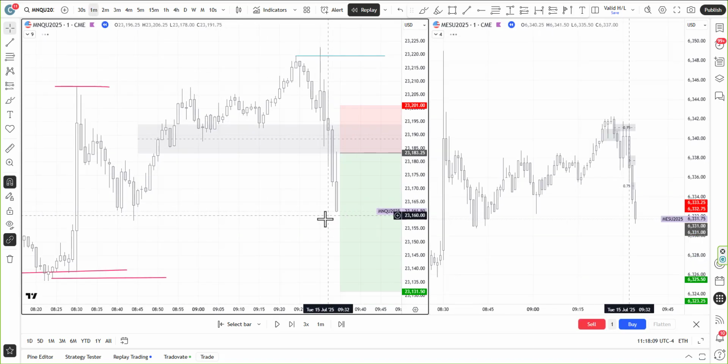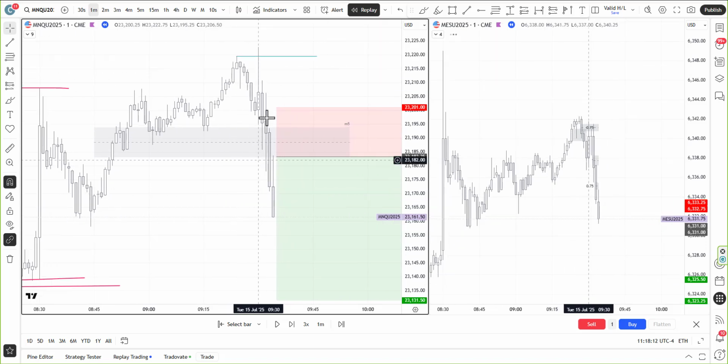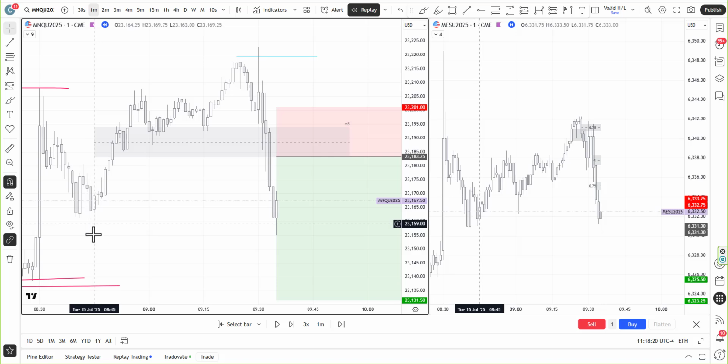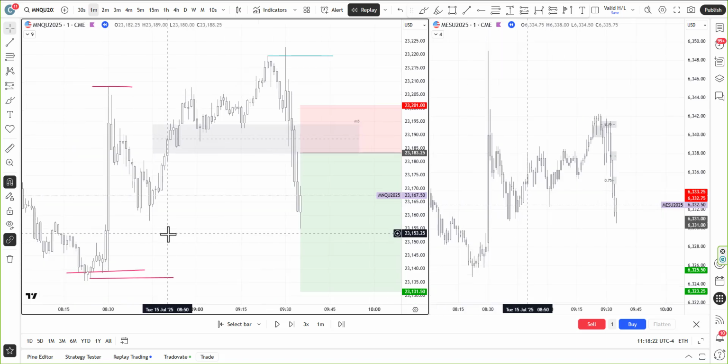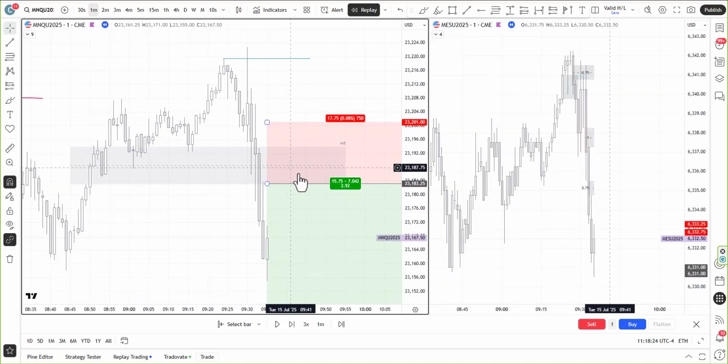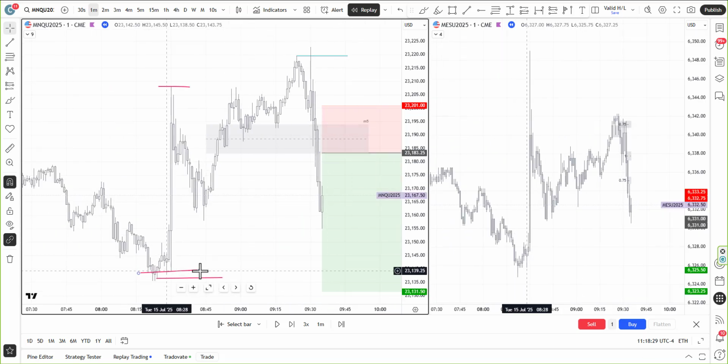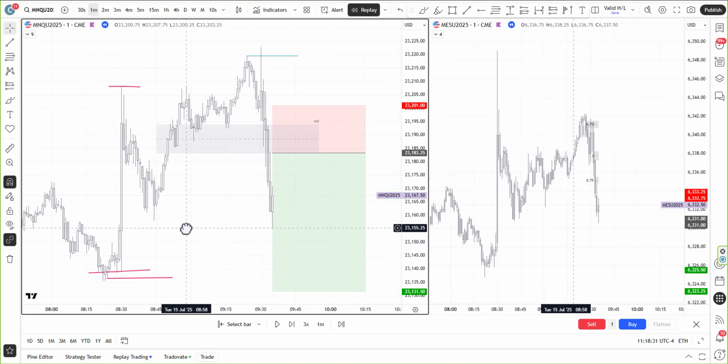Okay, so the 5 minute was printing, right? Bam, bam, bam. Already retesting this 5 minutes. There was also 1 minute gap here. Very good. So price was dropping, and it was taking out this wick. So I was thinking, okay, if it goes, probably it's going to tap this level, and then it's going to dump, because data low is just absolutely clear to take.